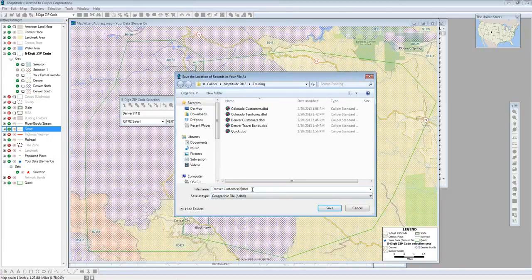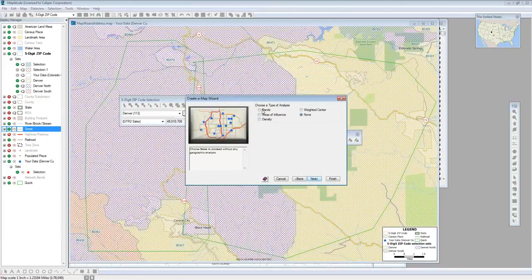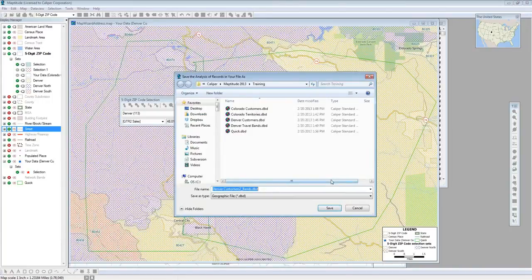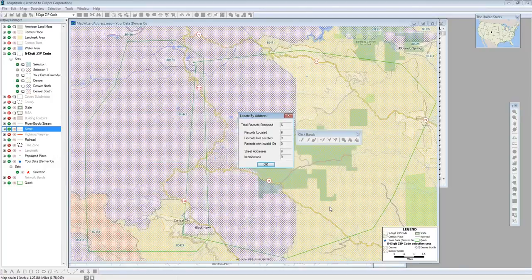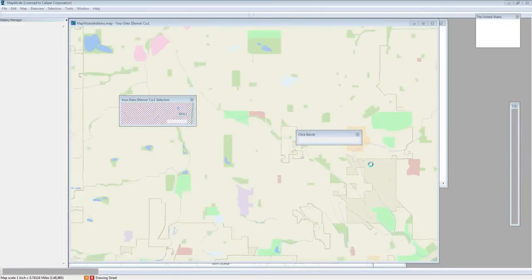And we're just going to give this a little different name. We're not going to create a color theme, but we will create these buffers. These are circular areas that are based upon distance. And I'll create a buffer of 5 miles, 10 miles, and 15 miles, calculating population. And I've given this a name. So when I click Save, Maptitude is going to go through, locate my top customers, and then create these buffers